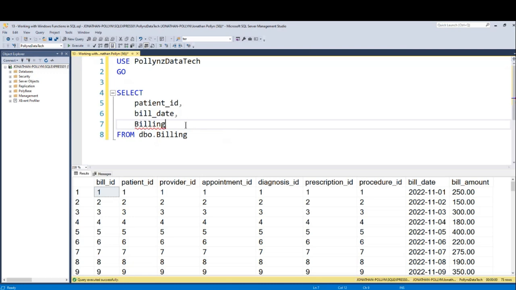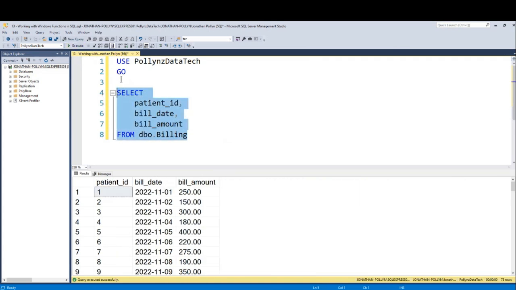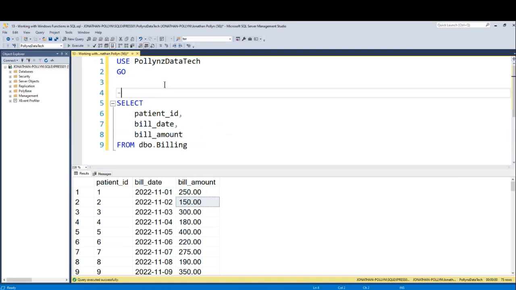And if I run this code, bill underscore amount. So if I run this code now, I can see that on this date, the patient ID 1 was billed for $250. Patient ID 2 on this date was billed for $150. So that's good. So now let me say I want to do a regular aggregate function of the sum